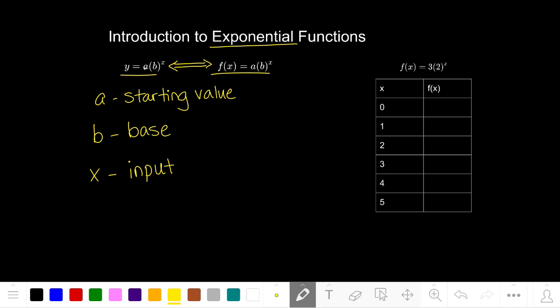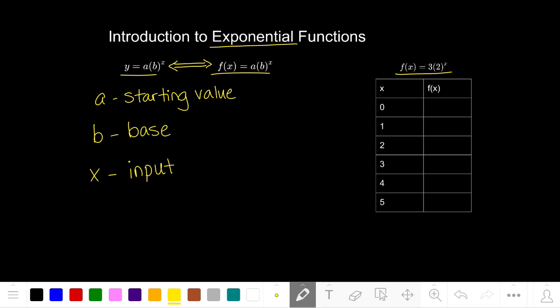a, in this case, is the starting value of the function. Oftentimes, this is derived from the context of the problem because exponential functions have very real, practical applications to real life problems. b is what we call our base. The base is what's being raised to the exponent where our input is. So if we look at an example function over here, f of x equals 3 times 2 to the power of x,